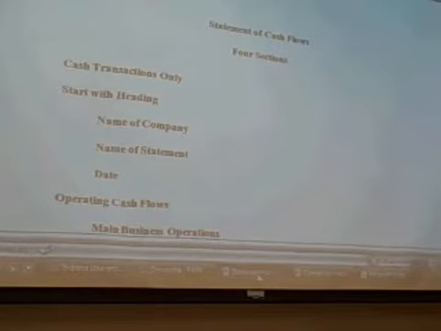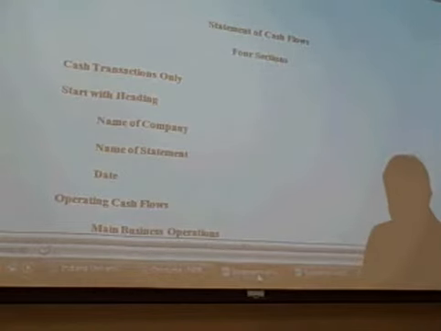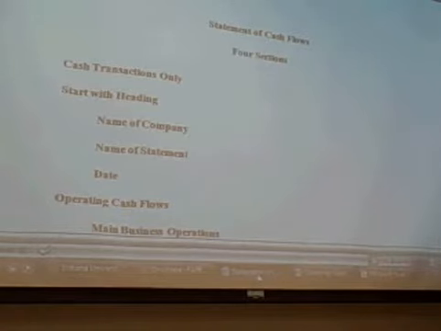Okay, this is just a little preview of the statement of cash flows, which is pretty easy. It's one of the three financial statements that companies have to present, and it's one way to tell the company's doing okay. So that gives us a lot of information. A couple of things you should remember, it's got 4 sections, and today we're just going to talk about these